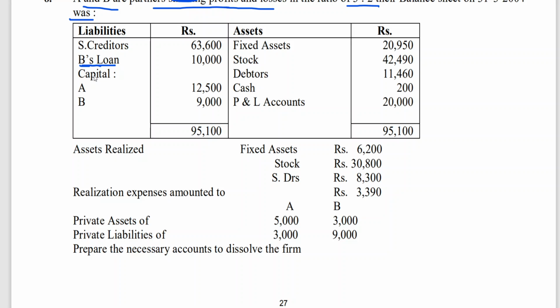So whatever the amount due to partner is like a mutual owing. We need to pay you, you need to pay to the firm. So instead of you making payment, I making payment to you, that we can adjust by transferring B's loan to B's capital. So what happened, the amount that is supposed to be brought in by B will be reduced. That is the reason why, when the entire firm has become insolvent, I've clearly mentioned a note. Again, I'll be writing a note here. B's loan will not be transferred to realization account, or even to cash account, because all partners have become insolvent.